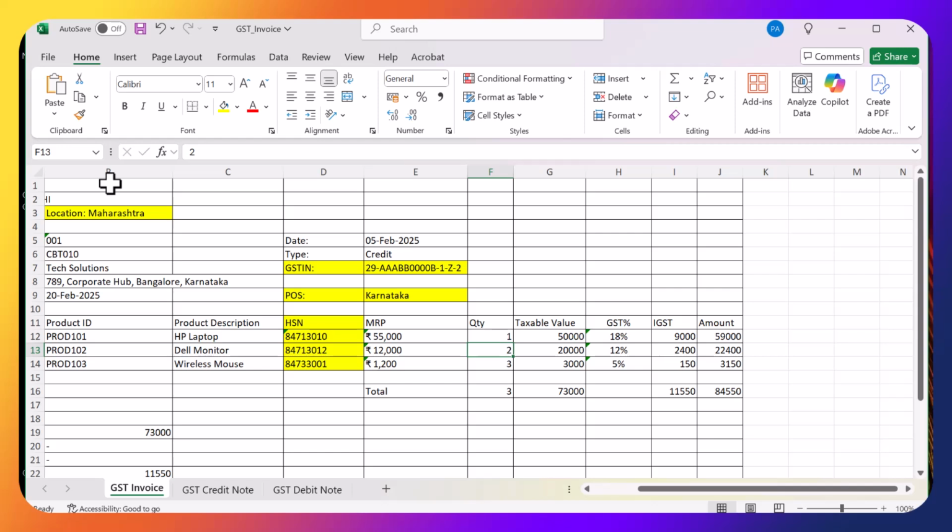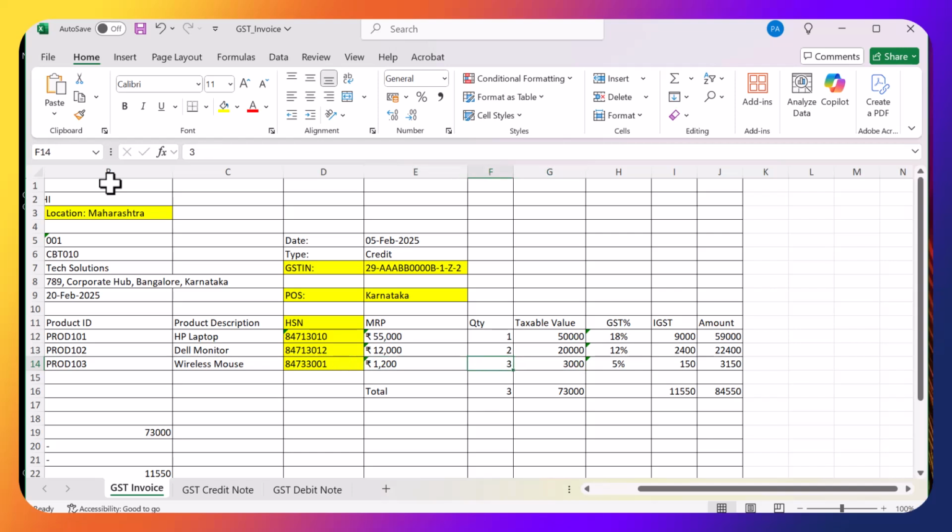So the MRP is 55,000, whereas he's supplying after a discount at 50,000. And here the MRP is 12,000; for two, he's supplying at 20,000. That means he's charging 10,000 each, so he's giving some discount. And this he's selling at 1,000 rupees, whereas the MRP was 1,200. So this is the rate of